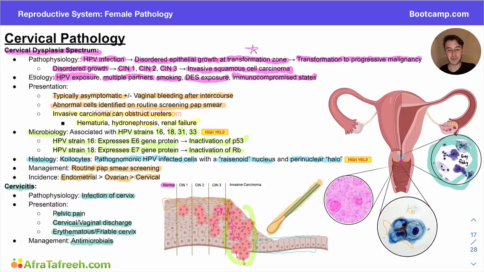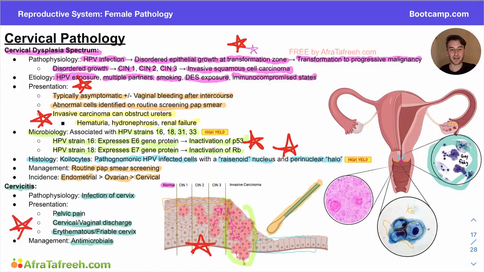So in terms of our high yield review, it's important to know that cervical pathology is happening at our transformation zone, and the big heavy hitter in terms of a risk factor is going to be HPV exposure. We talked about our progression through the transformation zone from CIN1 to invasive disease that penetrates through the basement membrane, and then we talked about our microbiology and our histology findings that are high yield in terms of the types of HPV and the types of pathognomonic cells like koilocytes. And then we talked about how invasive disease is going to present with urinary complaints or urinary aberrations on lab values. And then we wrapped up by talking about cervicitis and how this is going to be an acute cervical problem related to sexual